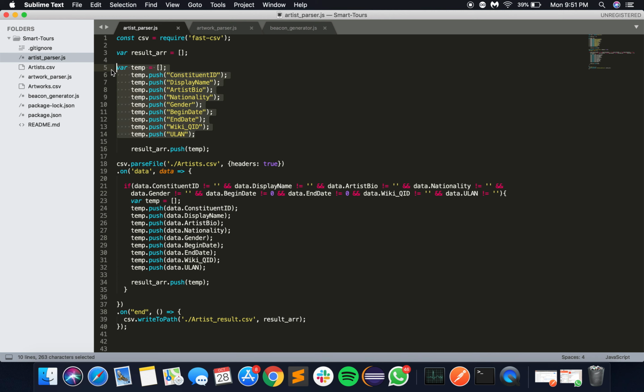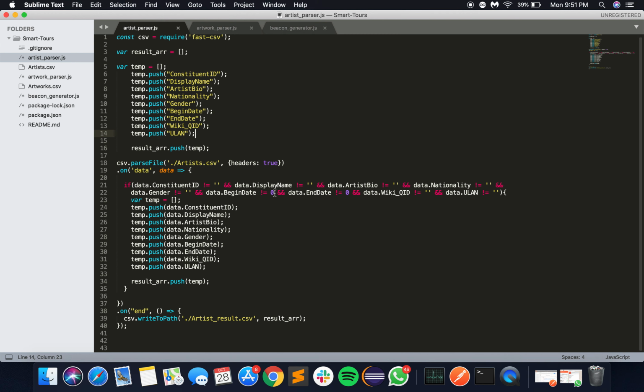We don't want all the fields. These are the fields that we want, and I'm running a basic check on all the values to make sure that none of the values are null. If any of the values do not make sense or are empty or are zero, it would not allow those entries to be entered into the resulting CSV file, and then ultimately I'm just storing that CSV file as